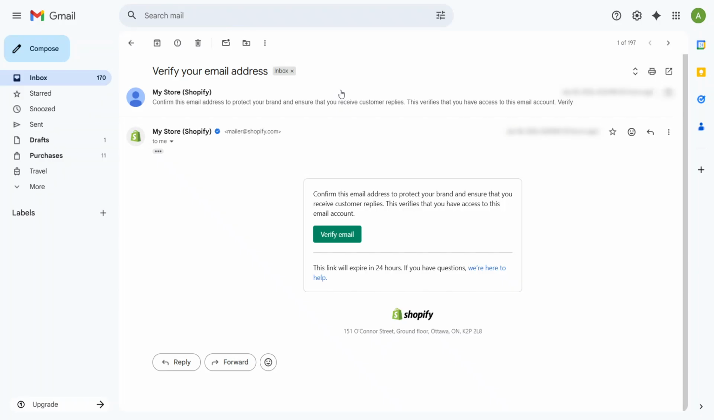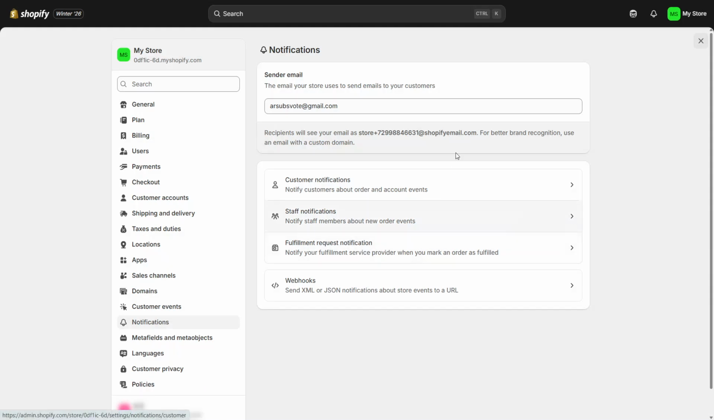Once you find the verification email from Shopify, open it. Inside that message, you'll see a button that says something like Verify Email. Click on that button. This tells Shopify that you own this email address and that it's safe to use for your store communications. After you click the Verify button, your browser will take you back to Shopify, usually straight to